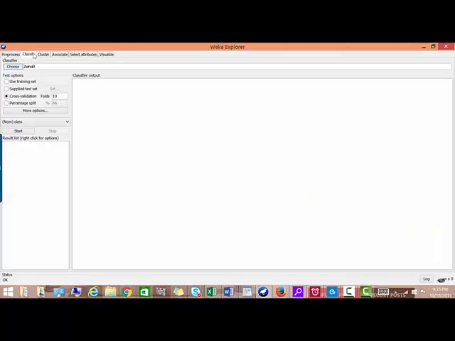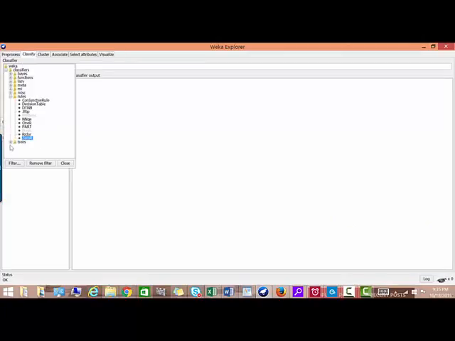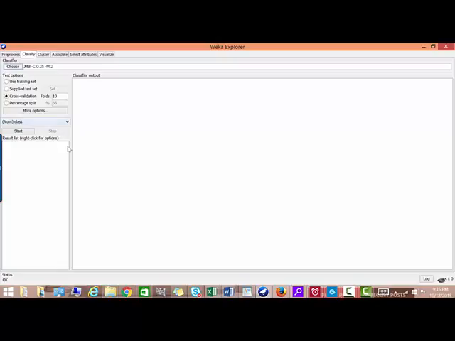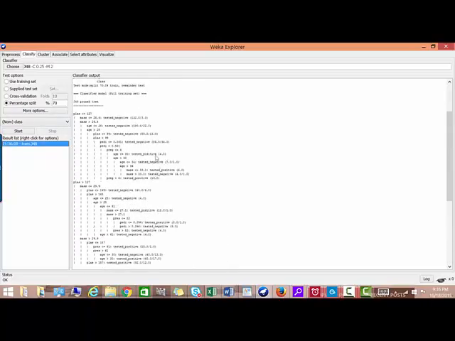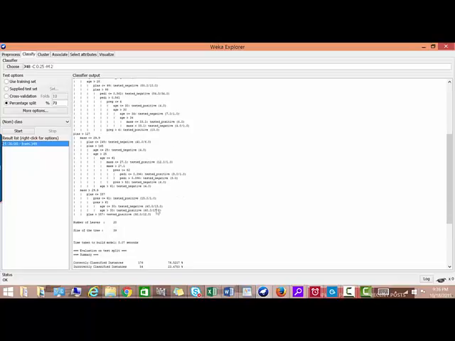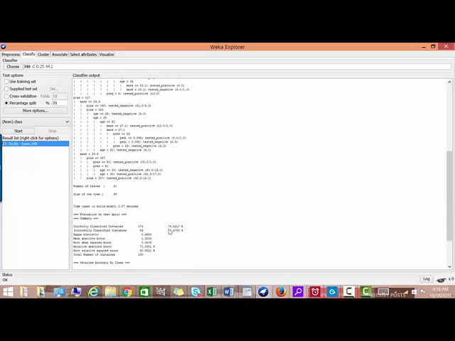Now, to build the decision tree, I am choosing this algorithm and I am changing the percentage split to 70. Now 70% of the data will be used for training and the 30% of the data will be used for testing the model. This is the model for this data set and this is the accuracy value for this